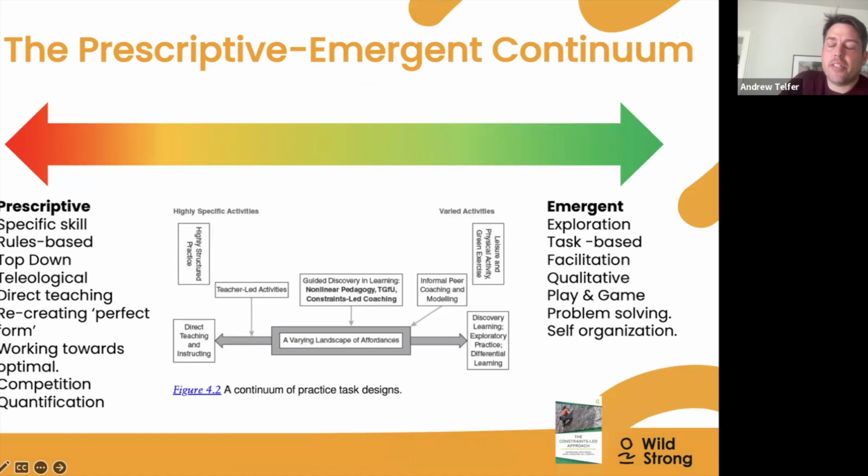Well, Ellie, you perfectly anticipated what I wanted to talk about next anyway, which was this contrast between ecological dynamic approaches and more traditional coaching and the kind of tension between the two. It's one of the things that I always struggle with, and I think a lot of people struggle with. If you want to bring movement to people, especially people who don't have a history of movement, and you want to make sure that it's beneficial and they can make progress, then inevitably you're going to have to create a sort of systemic way of introducing people to movement.